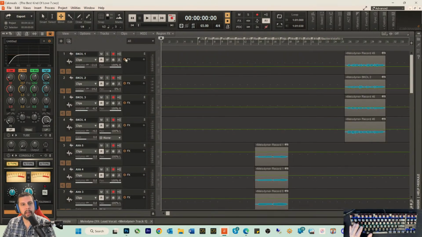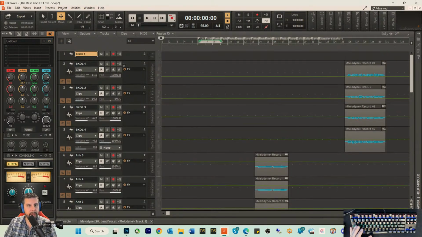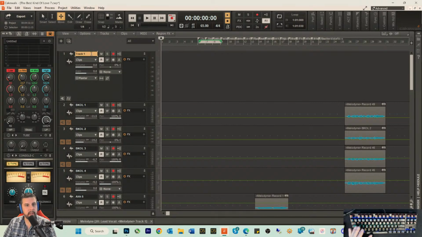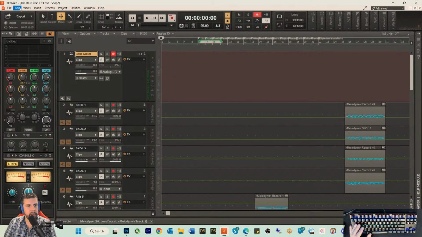No, okay. At the top of this track list, I'm going to add Insert, and we're going to call this Lead Guitar. Lead Guitar. And I'm going to arm the track. I'm going to bring it in. Now I have to go in here and turn on. Now the thing about tracking in Cakewalk